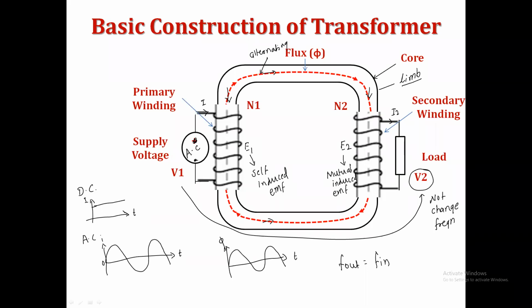Why no? No, sir, because flux is produced when there is a change in current. Absolutely correct. Because what is the expected thing? An alternating flux is the expected thing to operate the transformer here. And if that alternating flux is not there, so definitely the transformer will not transfer that energy, because EMF will not be induced there.